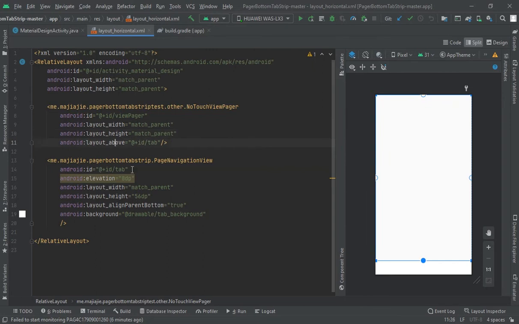It should be above the page navigation view, and the ID should be view pager, and you can also change the IDs. It should be your choice. Okay, also give this an ID. Okay, this whole layout, give this an ID. Now come here and create one page navigation view and give the same attributes, match parent for width and